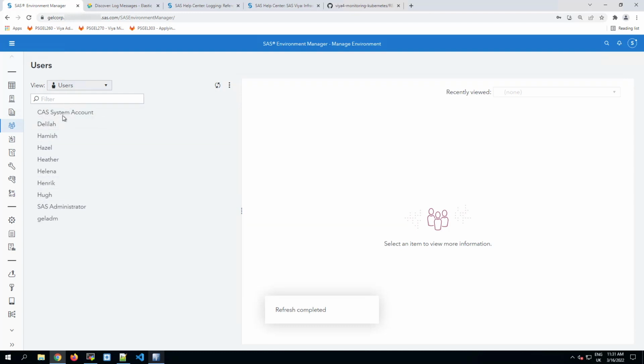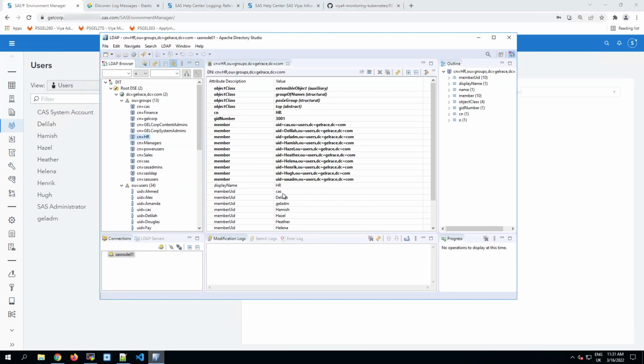So I expected to get about 10 users or so, because there are roughly 10 users in our HR group. So that looks great. They're not sorted into quite the same order here in SASFire as they are in LDAP, but that's okay, it is the same set. So that really illustrates the beginning to end process of solving a problem, except for one very important last step, which is that we still have trace level logging enabled for the identity service. So we mustn't forget to go and turn that off again.